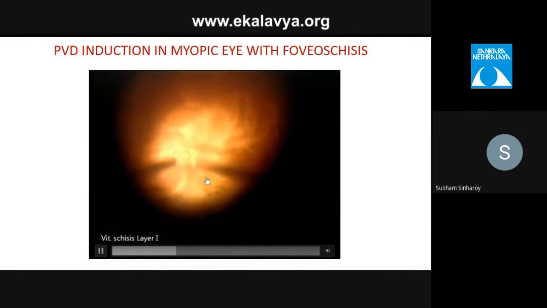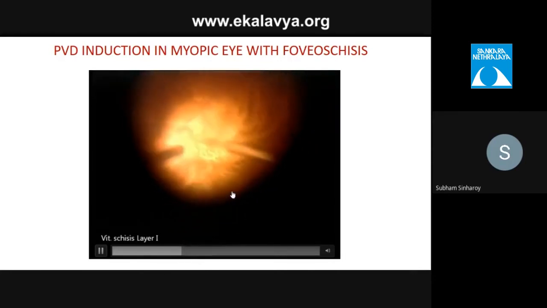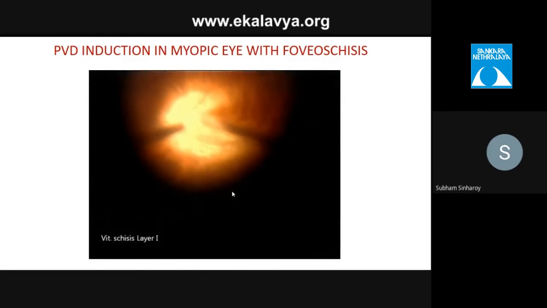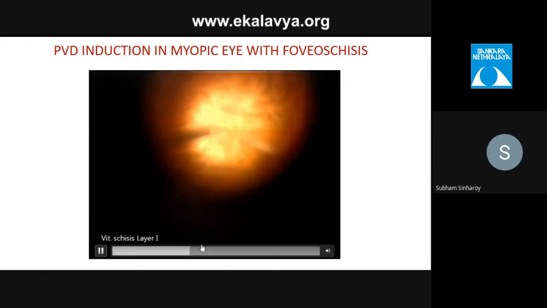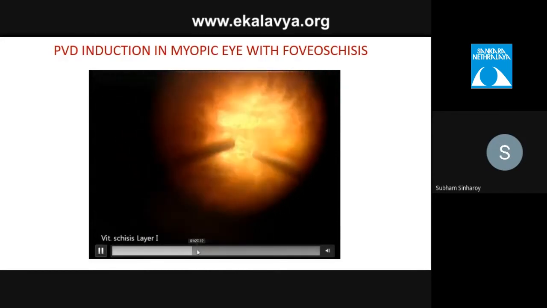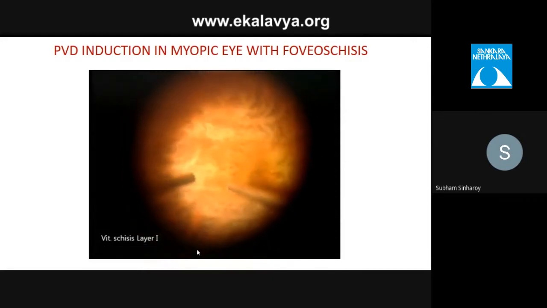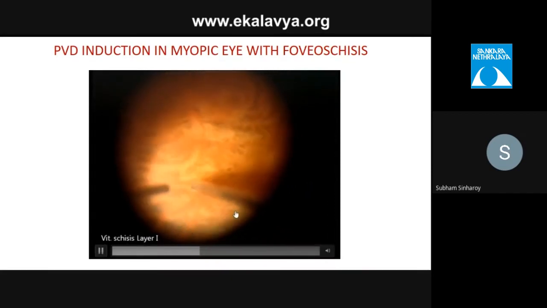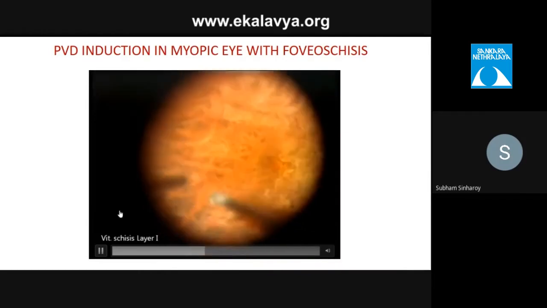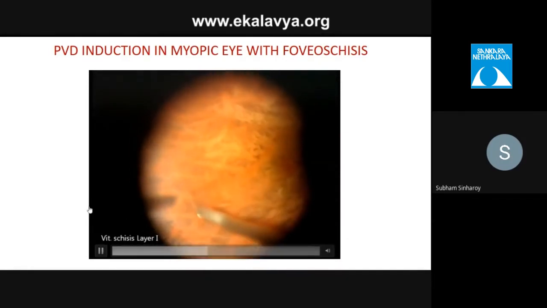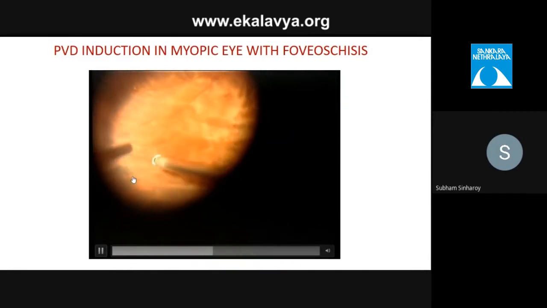And to the surprise, residual membrane is also found there. So the surgeon is trying to lift it with the active aspiration, going very close to the retina. You can see how close to the retina the cutter is. So vitreoschisis in the first layer is there, and IVTA generally will help in identification of the membrane. Now with the active aspiration, you can see here the thin membrane, you can see my cursor, the thin membrane is lifting off. Yes, now you can see the thin membrane lifting off, and you have trimmed the residual vitreous there.